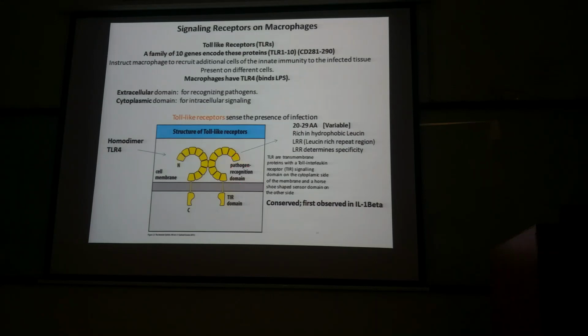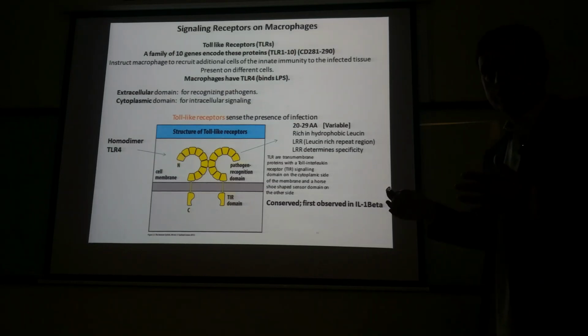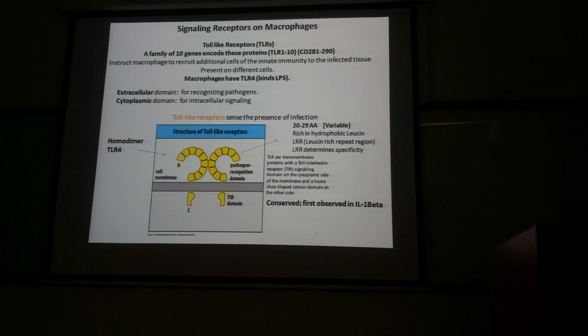The pathogen recognition domain actually is a 20 to 29 amino acid variable domain. There is a lot of variation in these amino acids. So there are many different types of these receptors that you would find on the surface of immune cells. And this domain is rich in hydrophobic leucine. There is a region which is known as the leucine-rich repeat region. This LRR determines the specificity,